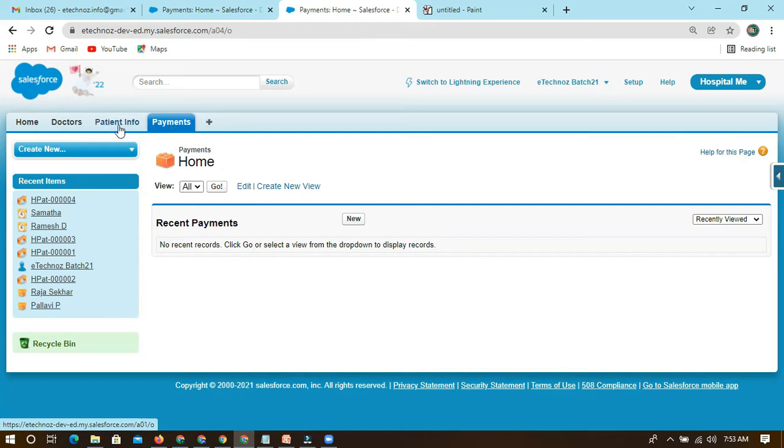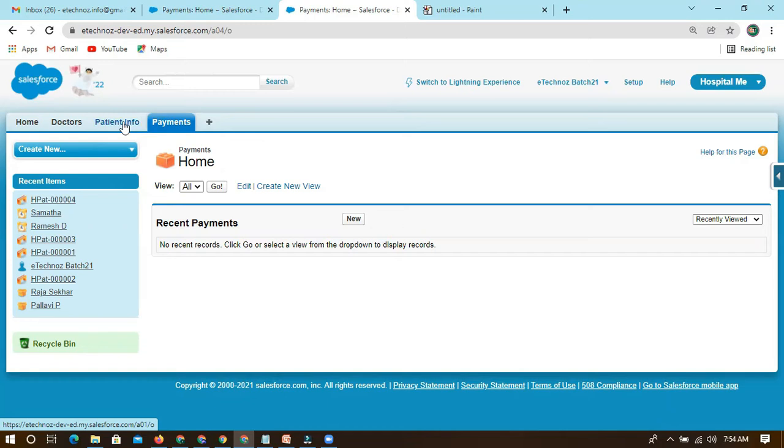There is no restriction like if it is a parent, it should not be a child, or if it is a child, it should not be a parent. We don't have any such conditions. So it can be a parent also in the system.